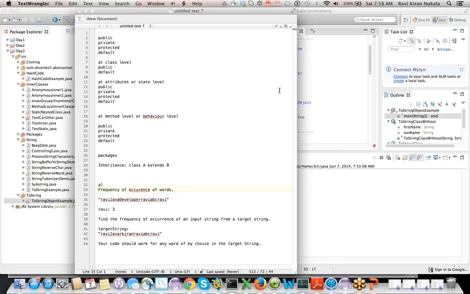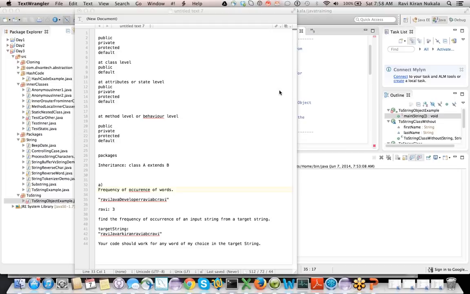We will take one target string as a string buffer, and we will take two, one as input and one as target string. Say Ravi is the target. Ravi, Jay, Ravi, Kiran, Kit. Whatever, some input, some output, you take as target. And how you count the frequency is my point of interest. We will take a string buffer as target string, and then we will take a